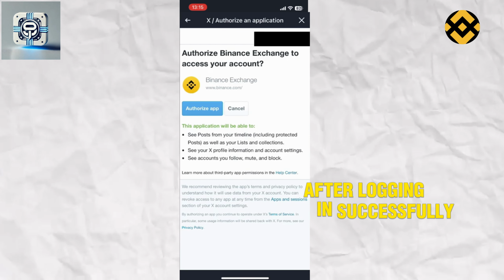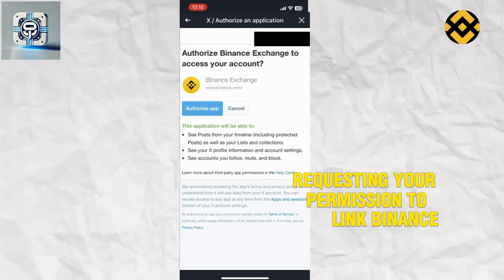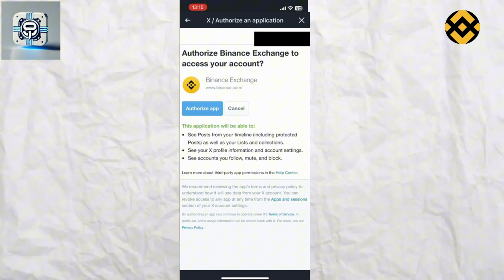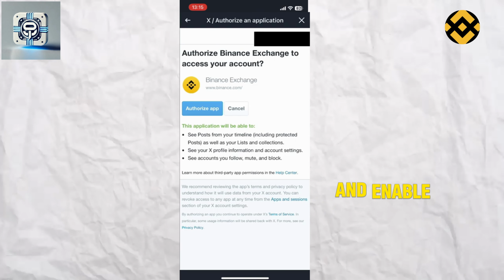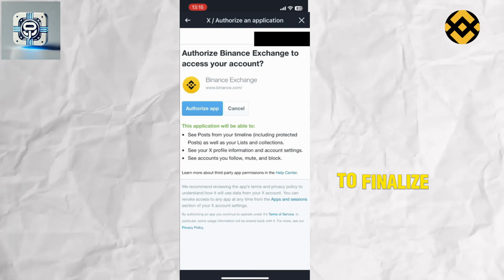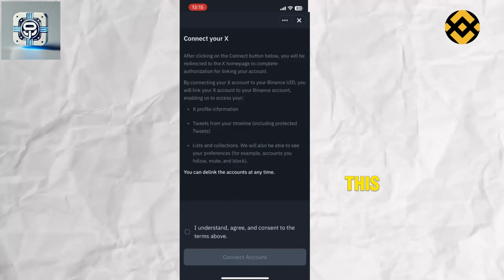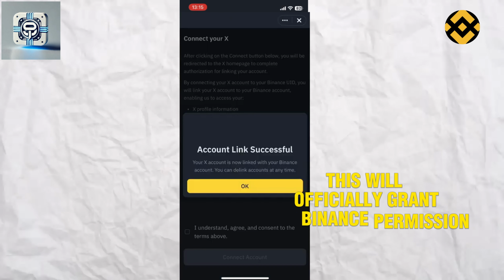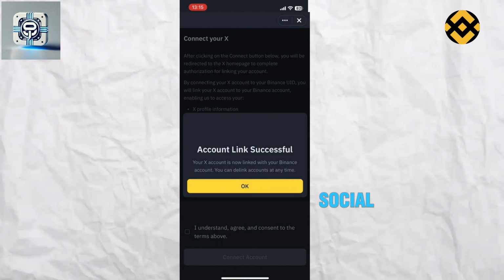After logging in successfully, a new screen will appear, requesting your permission to link Binance with your X account. This step is necessary for Binance to access certain details and enable account integration. To finalize the process, tap on the Authorize App button. This will officially grant Binance permission to link your X account, allowing you to seamlessly manage your social account integration